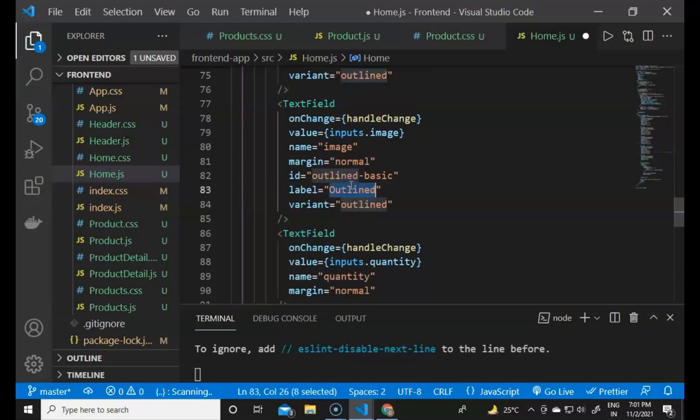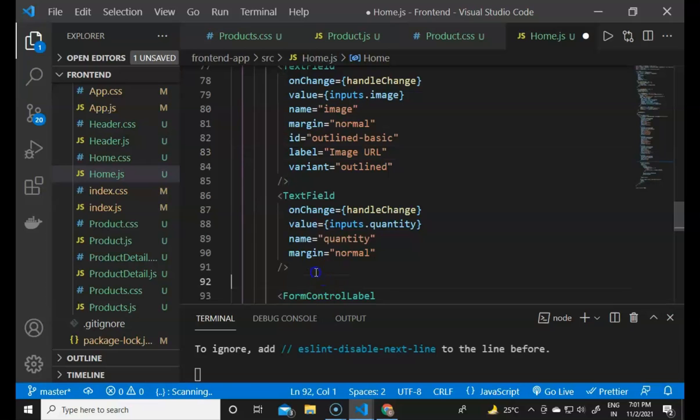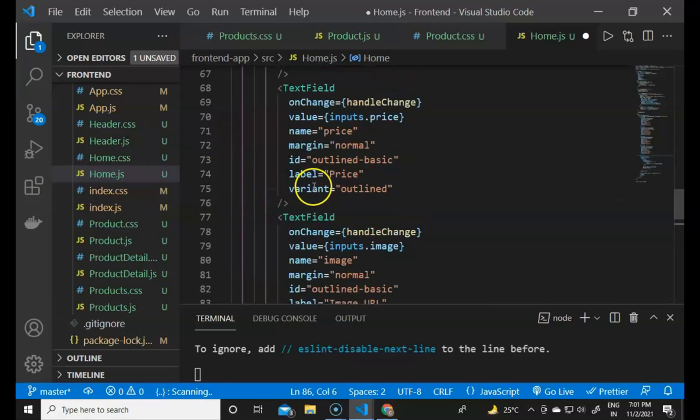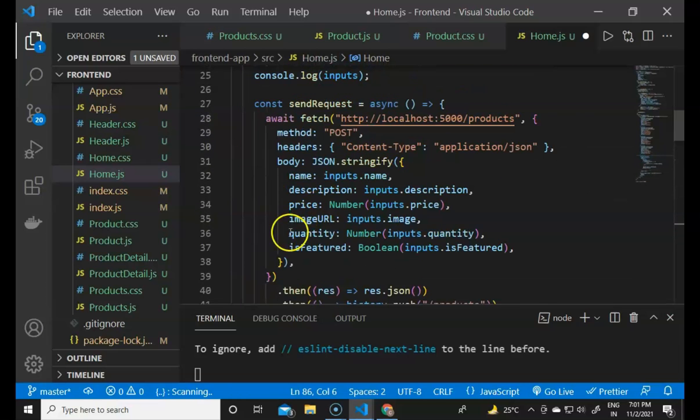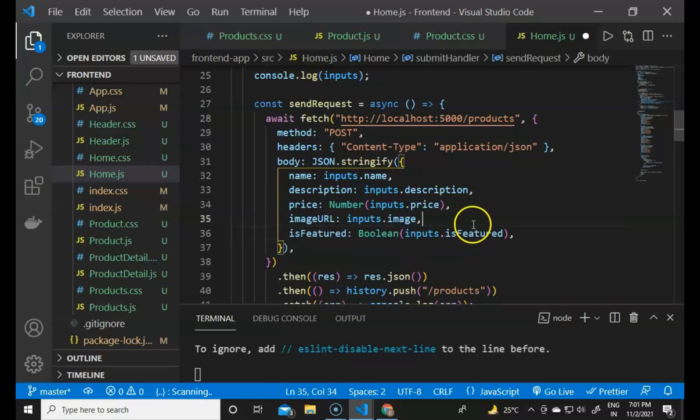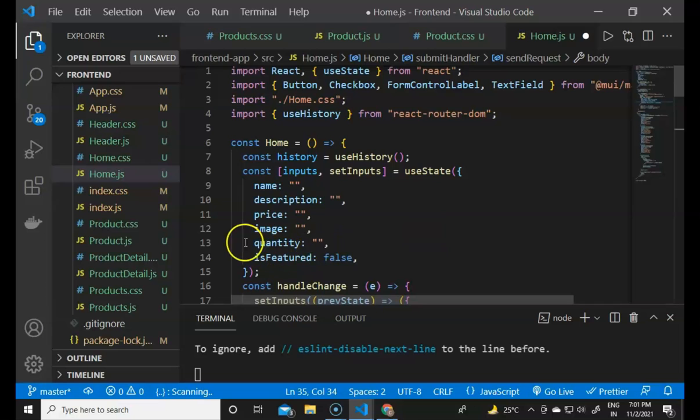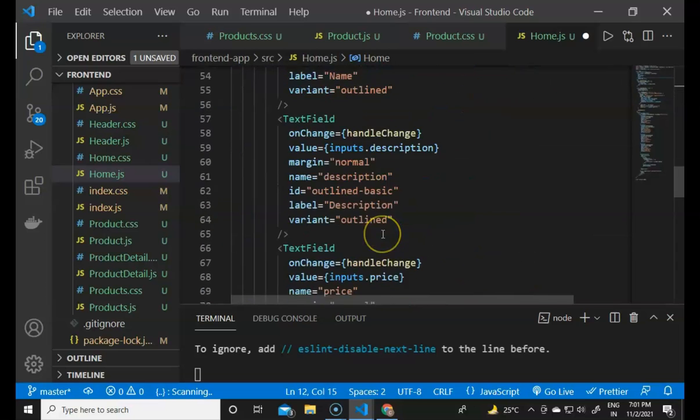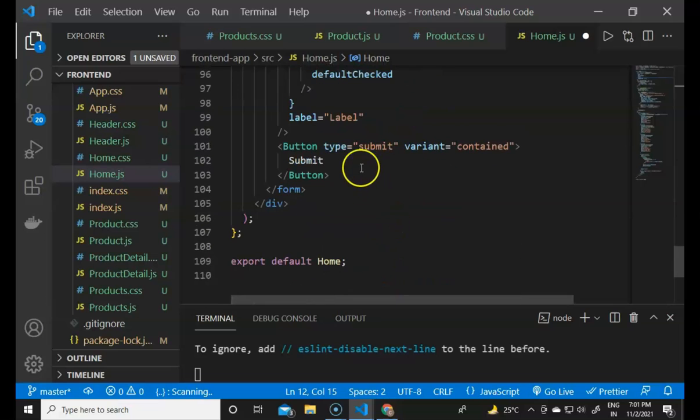So it will contain label equals to image URL, and quantity we haven't defined, so I will remove the quantity from this, and from that also I will remove the quantity. Then I will define the is featured label, like is featured.